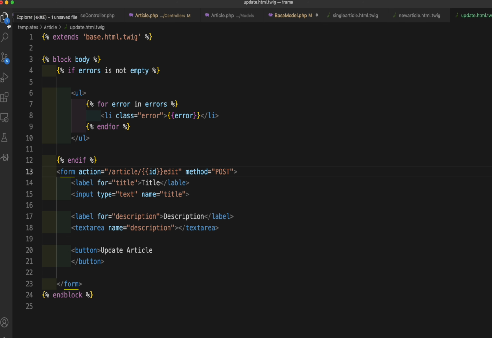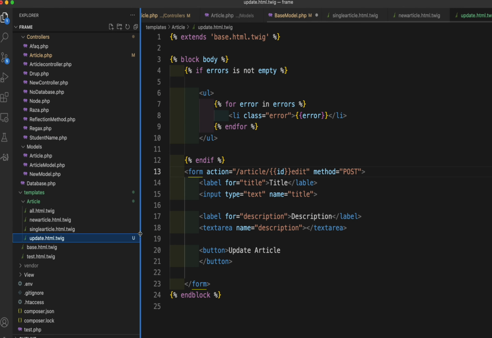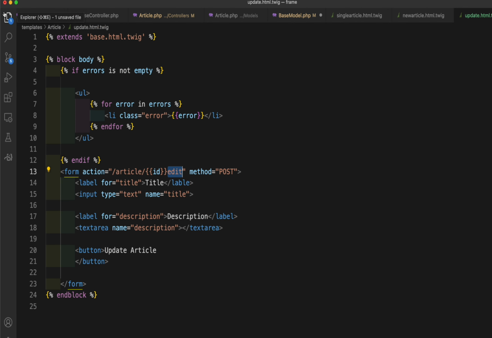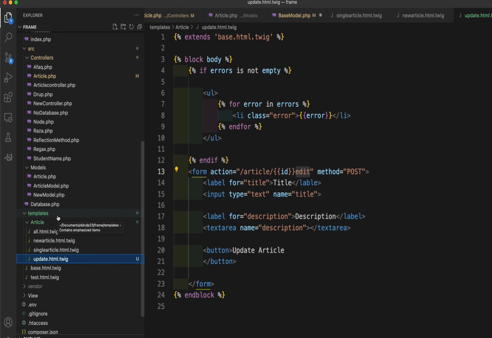We will show, sir, in the input tags, through values, the existing title and description value in the database. Yeah, so here, this is update.html.twig, right? And the path, once the form is submitted, it should go to article ID and edit, right? Yes, sir. So in the controller we need to create a new controller action which should be including this form actually. Yes, sir. Okay,